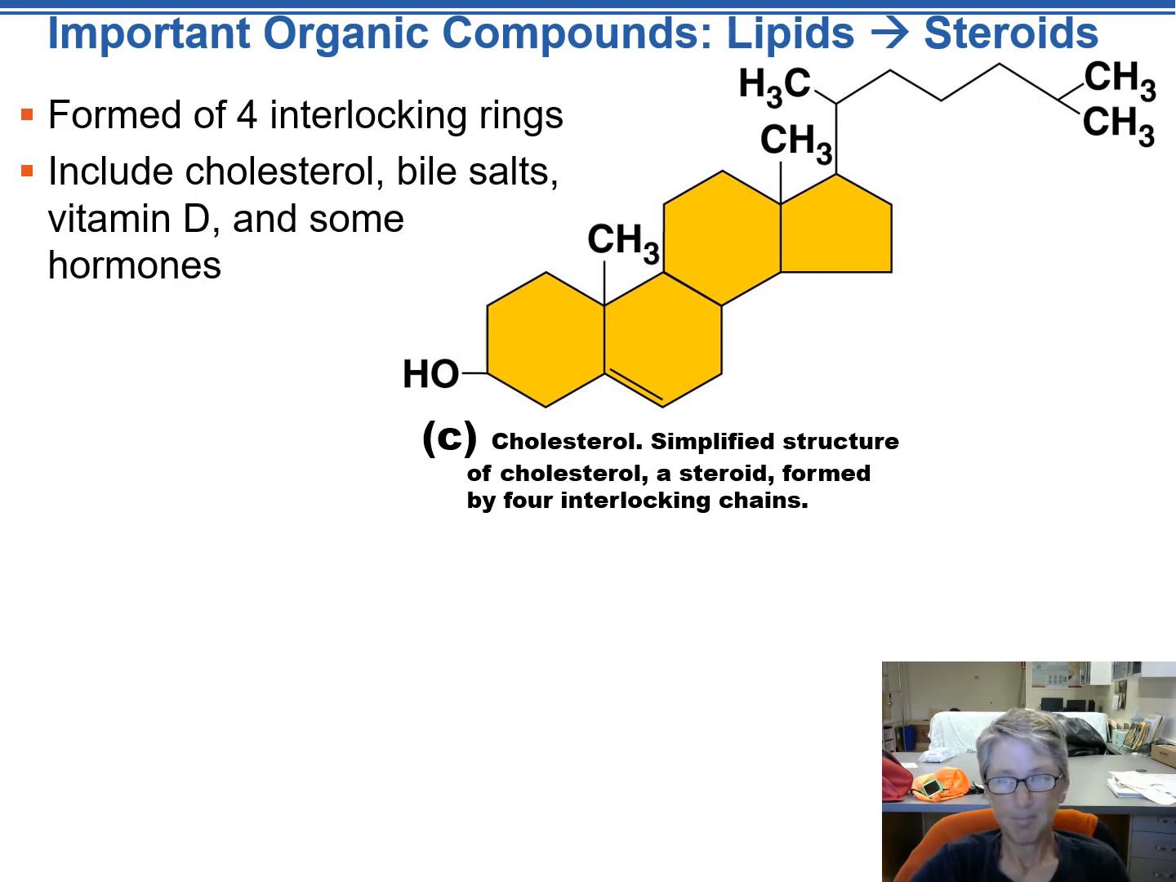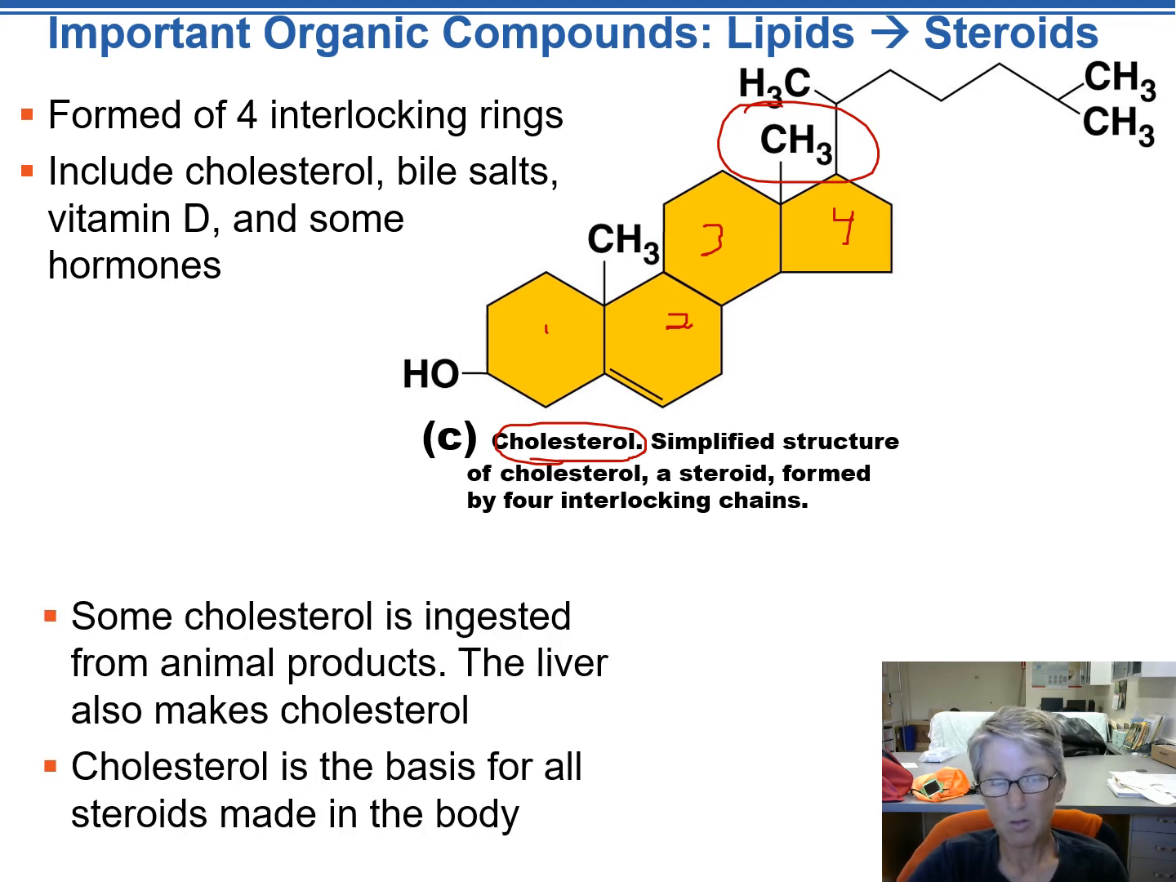Steroids. Cholesterol. Here's a simplified structure of cholesterol. This is what it looks like chemically. You have 1, 2, 3, 4 rings that lock up with each other, and then all these functional groups like a methyl group. Steroids are made from cholesterol. Some cholesterol is ingested from animal products. So when we eat meat, your liver will make cholesterol for you. The cholesterol is the basis for all the steroids in your body. So, for example,